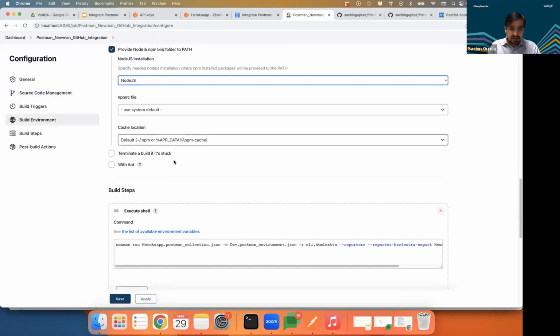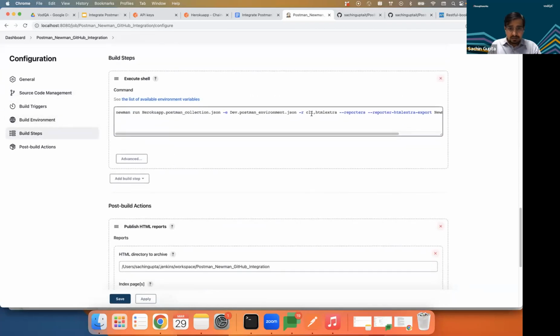And if you see the script part, it's the same script which I executed for Newman from my terminal, and you will see something extra as well. I'm adding it because I want to fetch the report. I want to export the report inside this Jenkins. I don't want to go directly to where it is generating the same report. It should be fetched inside Jenkins. So these are lines of code for reporters, reporter HTML extra export, and this is the name of